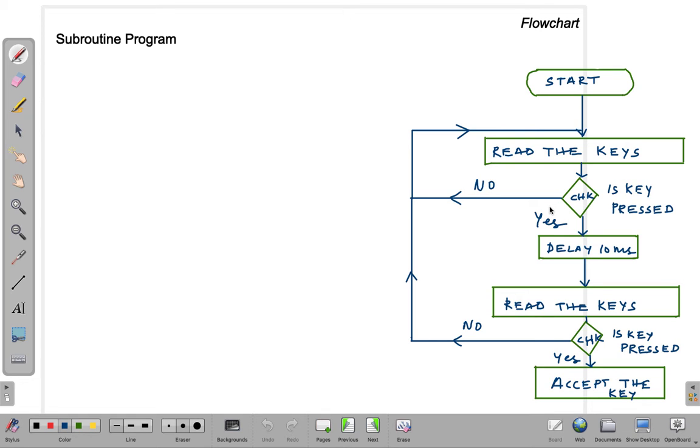The second step will be reading the key signature of a pressed key. How to understand this? As discussed earlier in my online sessions, when you interface a keyboard with 8051 microcontroller, you will have a problem called the key debounce problem. The key debounce problem is, when I press a particular key on my keyboard, the computer will try to understand this particular key signature as multiple key signatures.